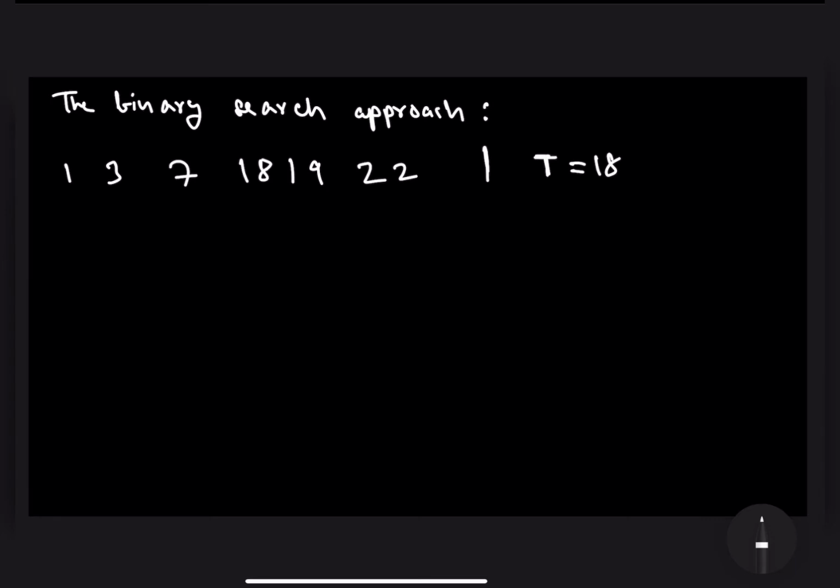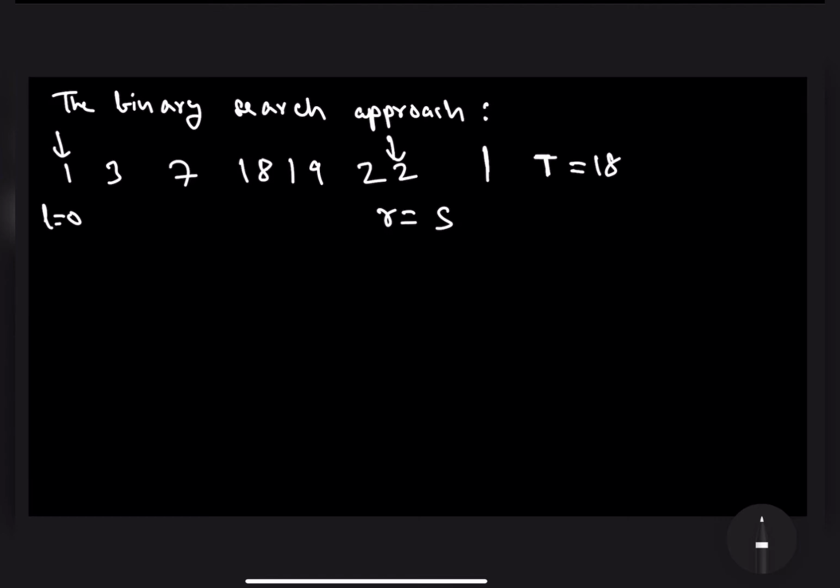I'm going to represent it with the help of two pointers. So the left end of the search space will be represented by L equals to 0. I will initialize it with L equals to 0, and the right end I will initialize it with R equals to, let's say, the length of the array minus 1, that is equals to 5. All right. So the two pointers are pointing at this position right now. All right. So now I have my search space.